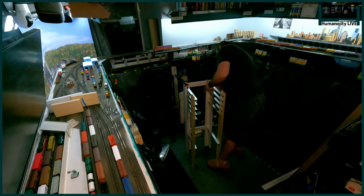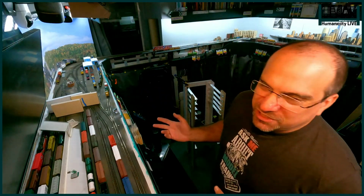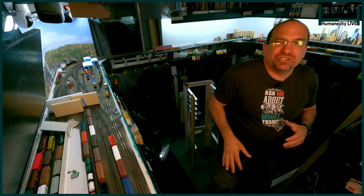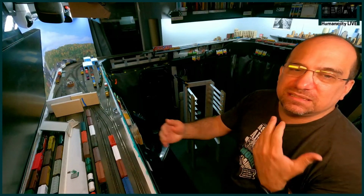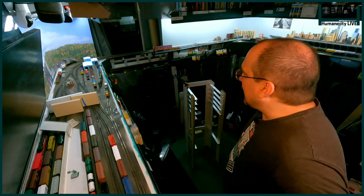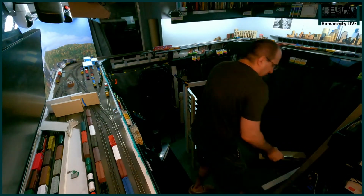So, if you don't know, I've got an N scale switching layout. I've got a staging yard up here, and a kind of staging yard down here, so I've got 2 interchange points. And the thing that I wanted to come up with was a way to easily get cars on and off the layout. What I did was I got a bunch of these